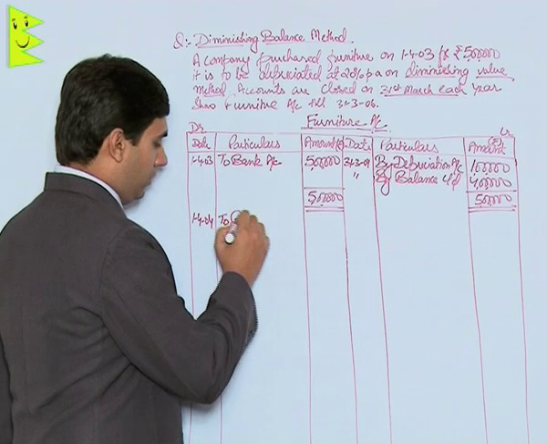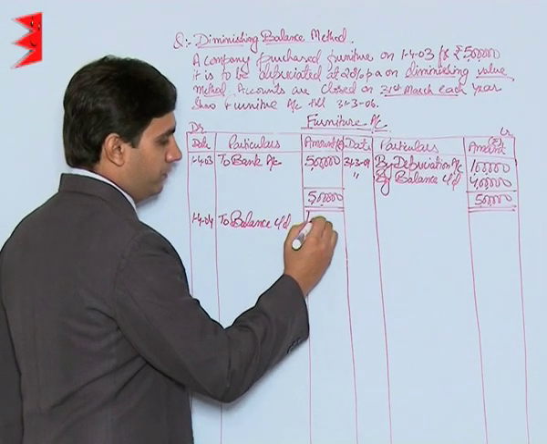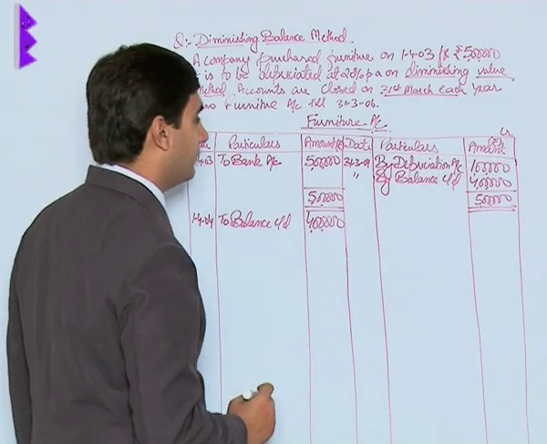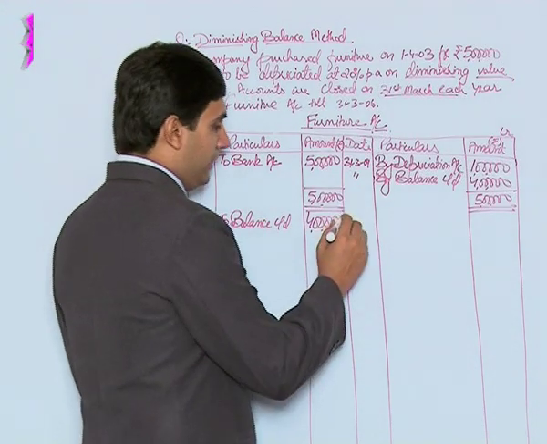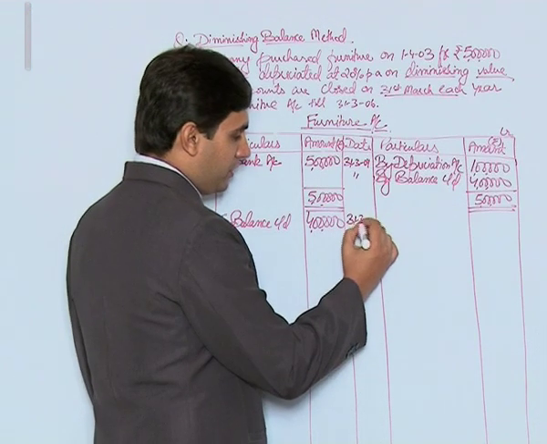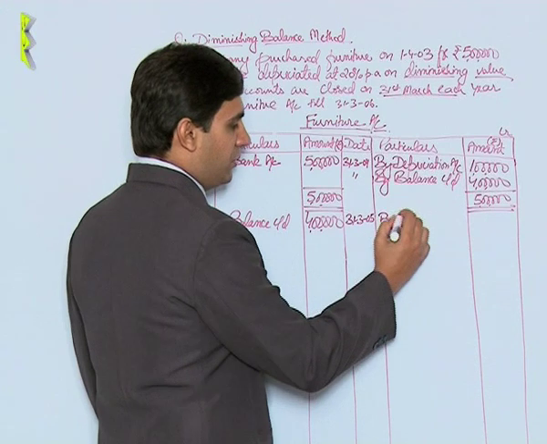Since it was ending on 31st March, the next year begins on 1st April 2004. It would be to balance carried down, rupees 4 lakhs. Again, there is no purchase or sale. So at the end of this financial year, that is 31st March 2005, depreciation would be charged